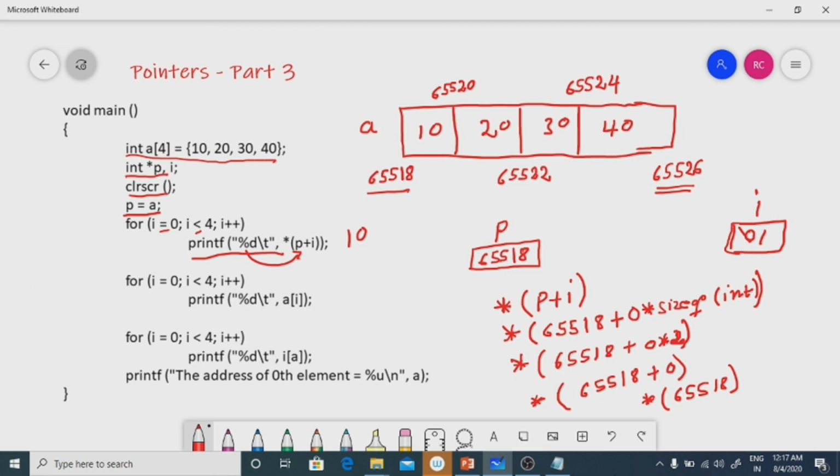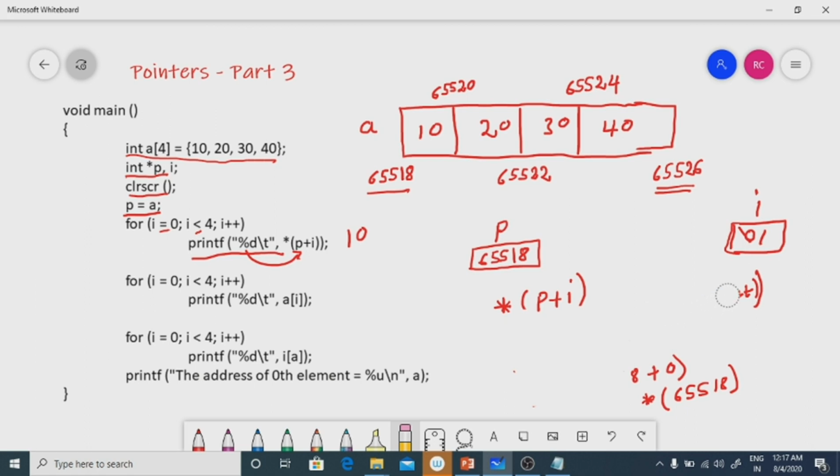Condition is true. Again it enters printf percentage star of p plus I. Now let me explain how it works. The value of I is 1.